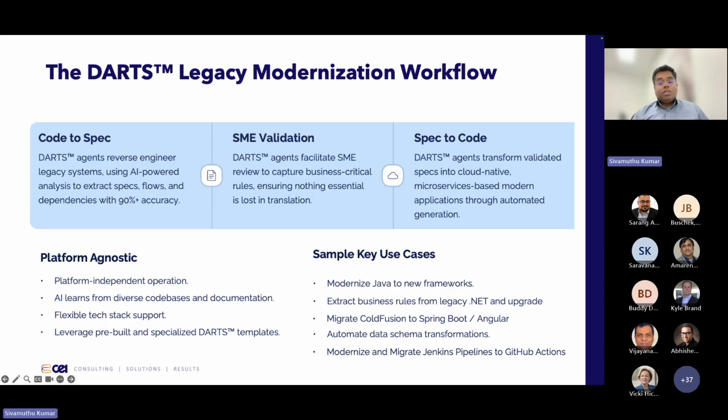Then you can modernize to whatever target framework using Spec-to-Code agents there. That way, it will help you in the modernization more quickly, safely, and with confidence. So that's how the DARTS legacy modernization workflow works. That's bringing code-to-spec and spec-to-code offerings together so that you can modernize your legacy system into more modern frameworks.